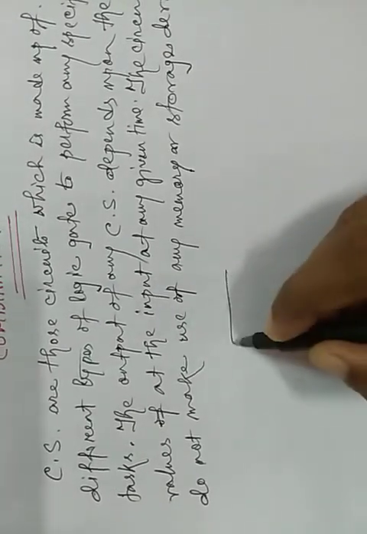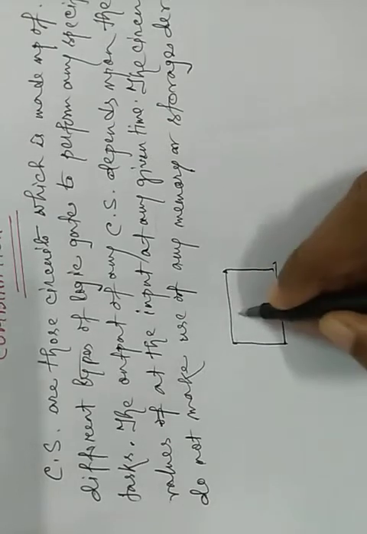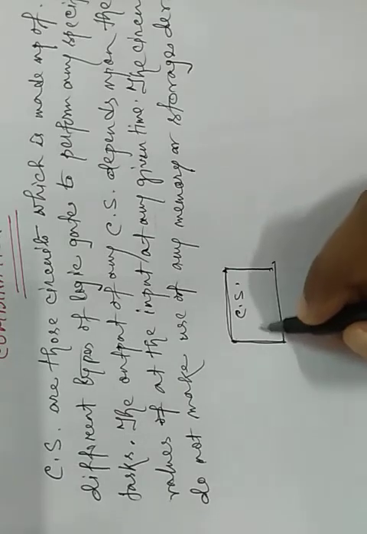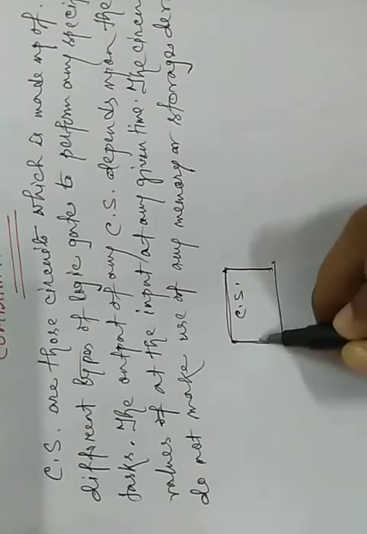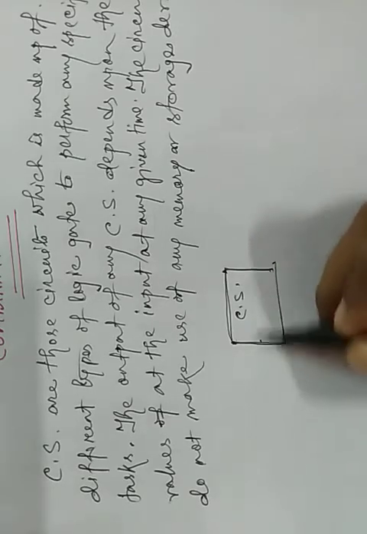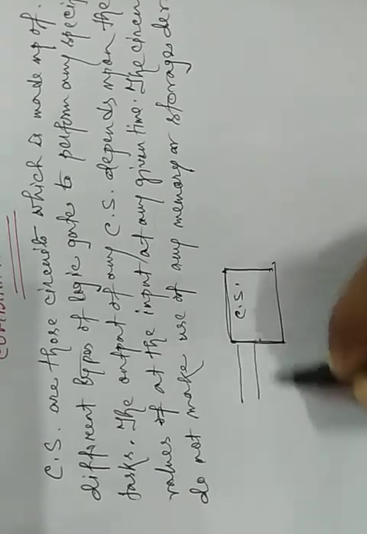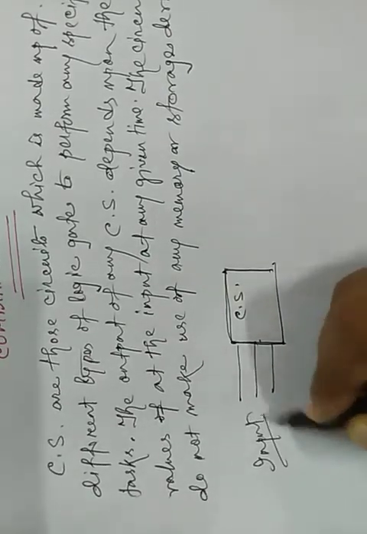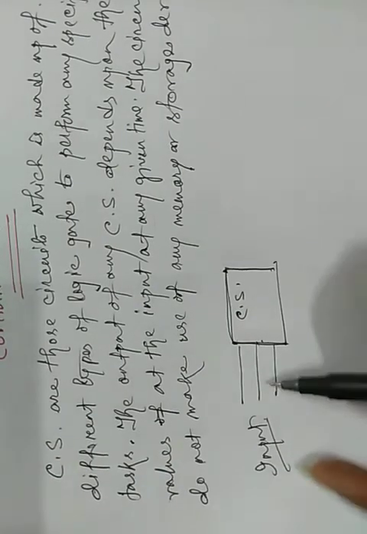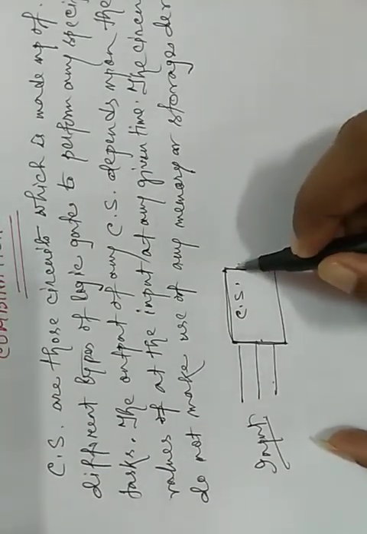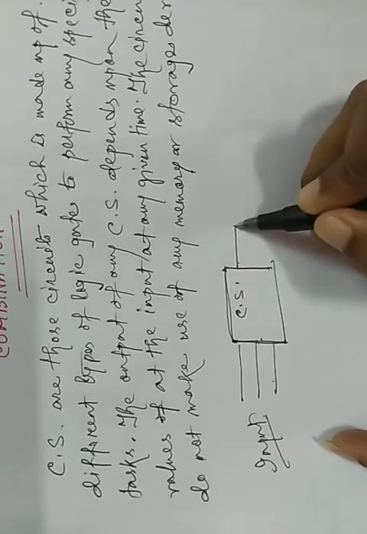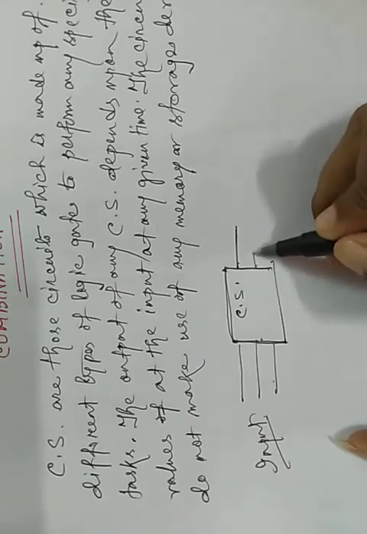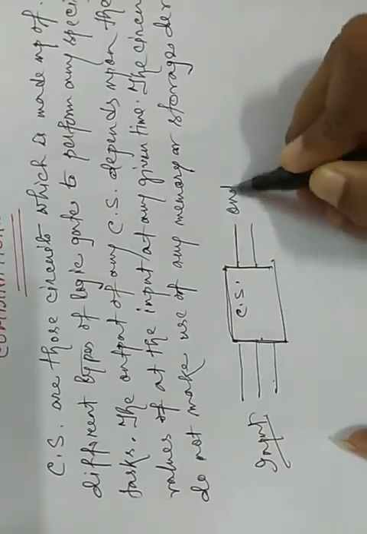So if this is a combinational circuit, then this circuit is made up of different logic gates: AND gate, NOR gate, NAND gate, those gates which you have learned so far. And there must be some input lines, any number of input lines. You know that every logic expression must have some input lines and some output lines. The output lines give the result. There may be one single output, maybe two outputs.